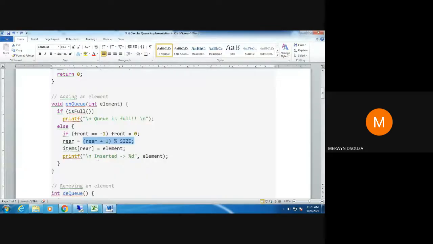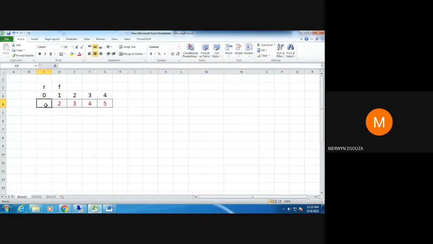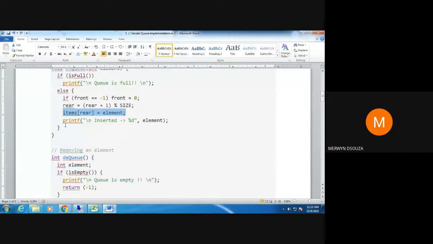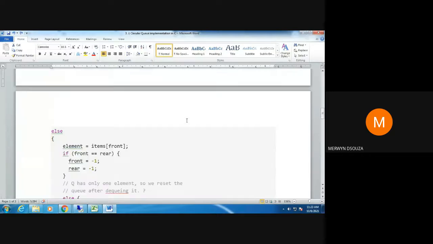This formula takes care of that. Clear? So once you do that, you insert that element. The element that you were trying to store was 7, so you can store 7 here.